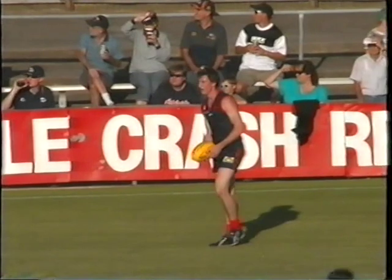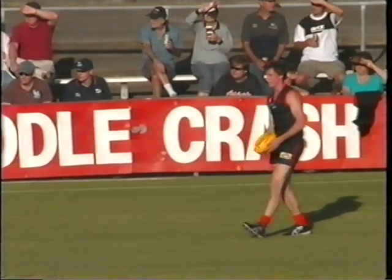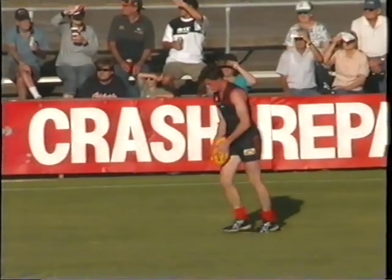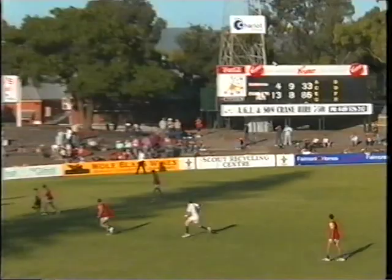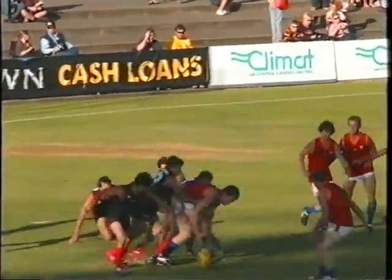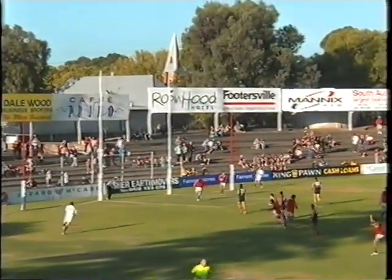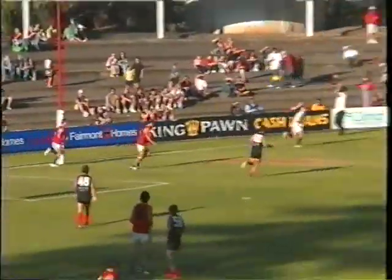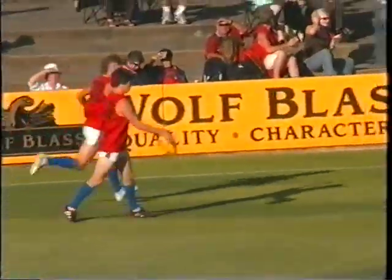And of course they come flooding back now. It looks like Rundle Mall down there at the moment on a Friday night. I know, if you just take that extra 10 seconds, it just makes a hell of a difference. The kick into the top of the square, played high leap, but that was Adam Wilson again. Yeah, and Holmes cuts it off, and the kick comes out to the SANFL, and they're going to rebound the